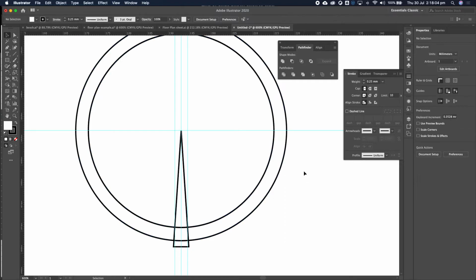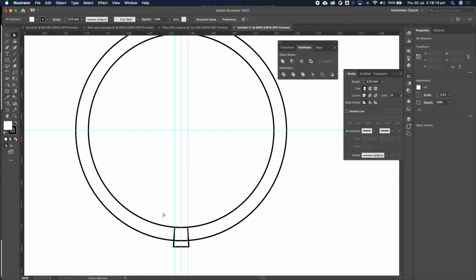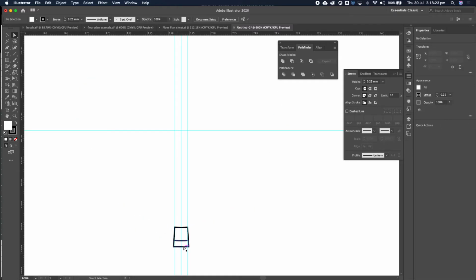Okay. So what you can do now is click on the direct selection tool, select this shape here, just once, just click on the stroke, press delete a few times, and it gets rid of one, gets rid of the other, okay? Come over here, press delete a few times, and voila, you've got it there. Right? Press delete a few times, and then you're left with that single